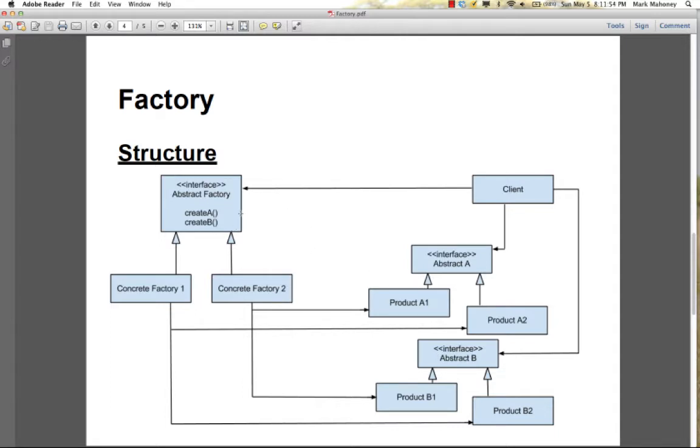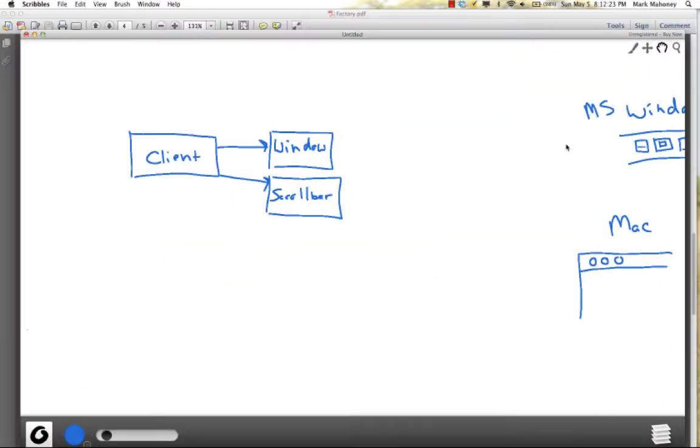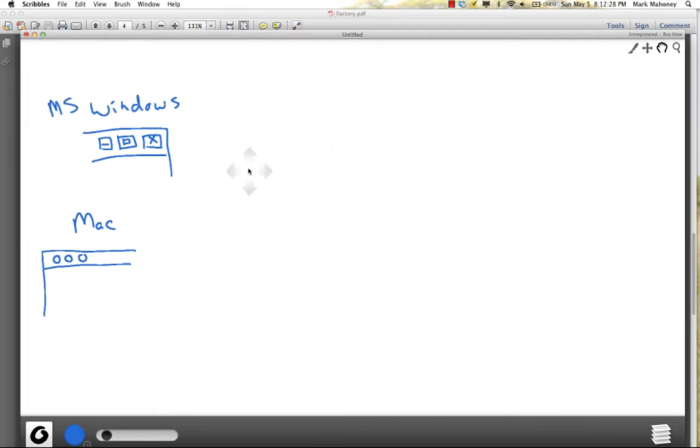Now the factory is the class that has these methods to create different products. So create a window, create a scroll bar. And then we have concrete factories. So the Microsoft Windows factory will go and create a Microsoft Windows window and a Microsoft Windows scroll bar, and the Mac factory will create a Mac window and a Mac scroll bar. Okay, so it's probably easier just to look at the actual mapping